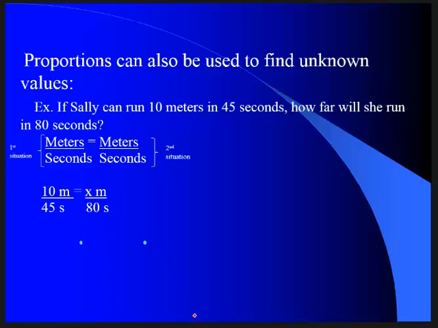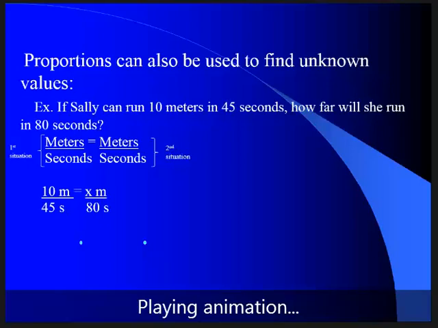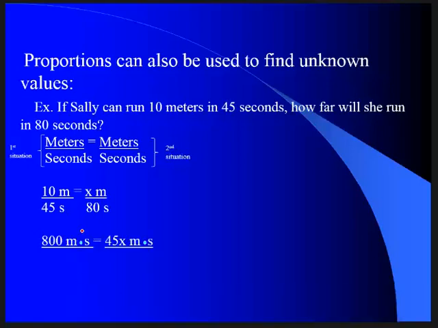So when I multiply 80 times 10, and 45 times x, I'm going to set those two numbers equal to each other. I get 800 meter seconds, because I have meters and seconds. And that's going to equal 45x meter seconds. Now remember, I'm just trying to solve for this x right here. So I need to get rid of this 45. These are just units, like miles or inches or hours. Okay, they're not part of our calculation,